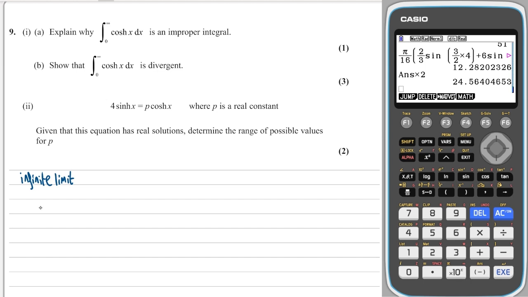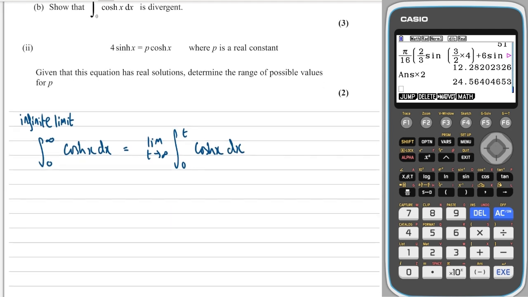Well, we can write that the integral between infinity and 0 of cosh x dx is equal to the limit as t tends to infinity of the integral between t and 0 of cosh x dx. And we can write that this is the same as, because we know that cosh is equal to